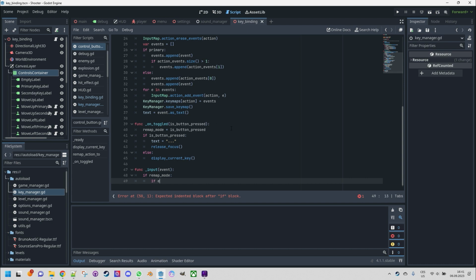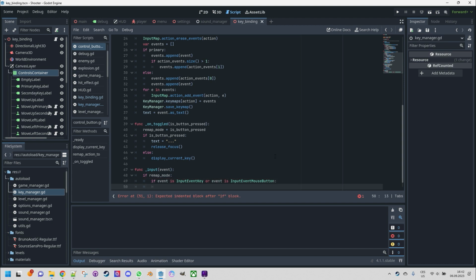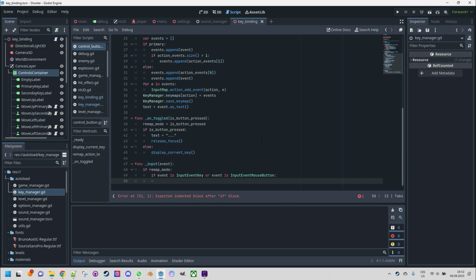So if event is input event key, which means we pressed a key on the keyboard, or event is input event mouse button, we click the mouse. So we don't want to, for example, capture mouse move events if we just hover the mouse cursor over this button. Let's call a remap action to this event, and